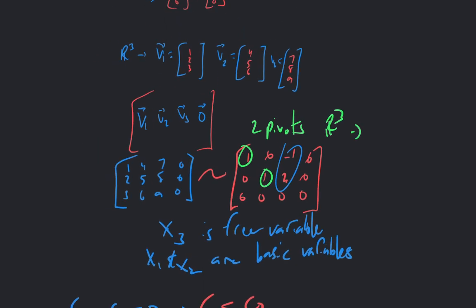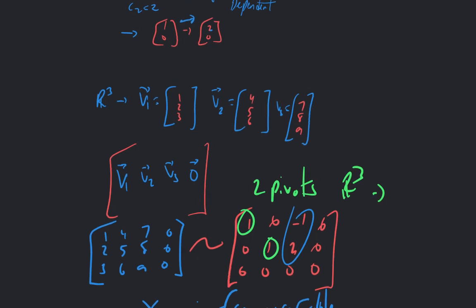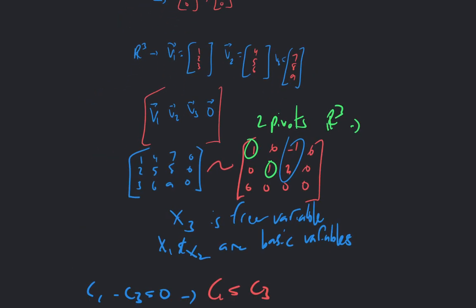And that's basically it. So you take your vectors, put them into a matrix, row reduce it. If the number of pivots is less than the number of vectors, then it would be considered linearly